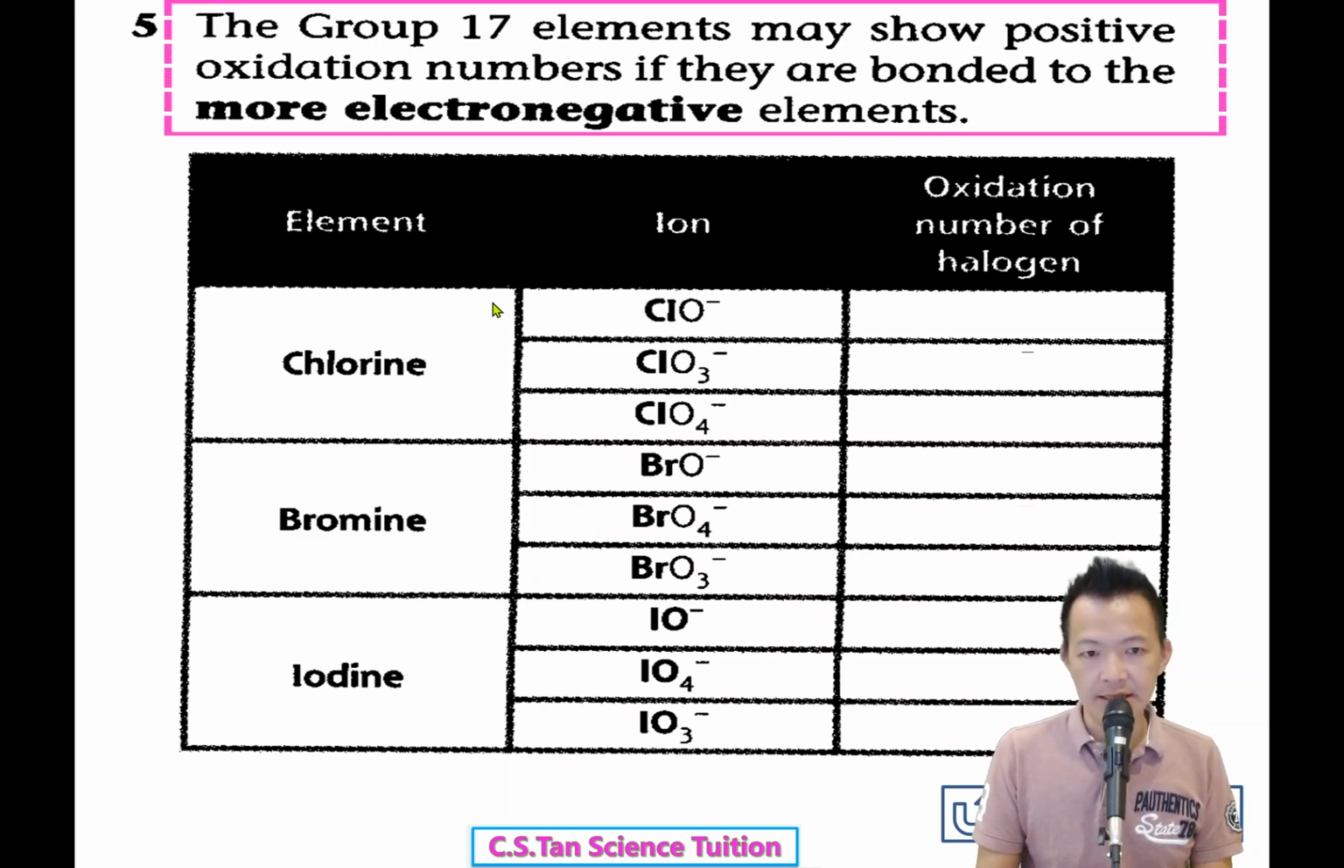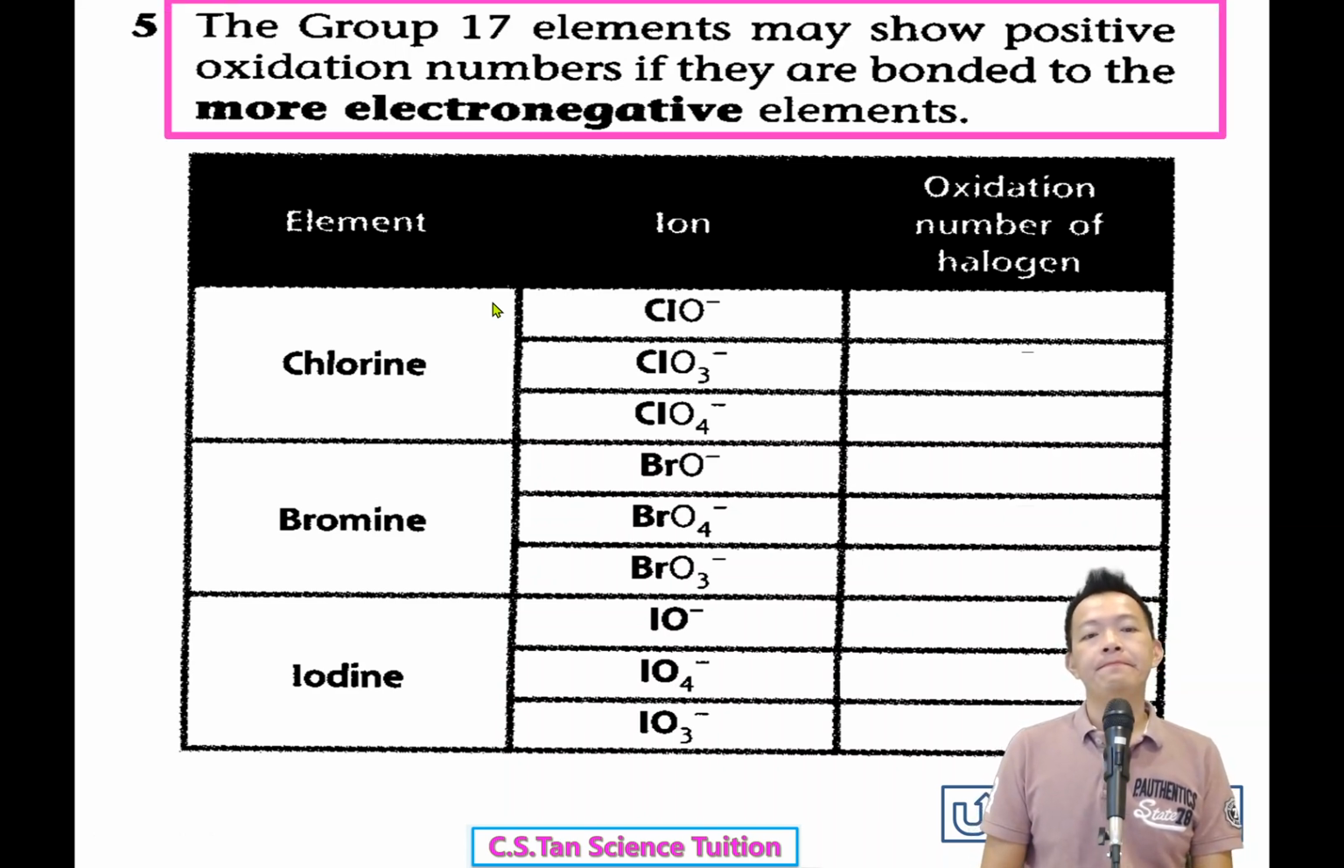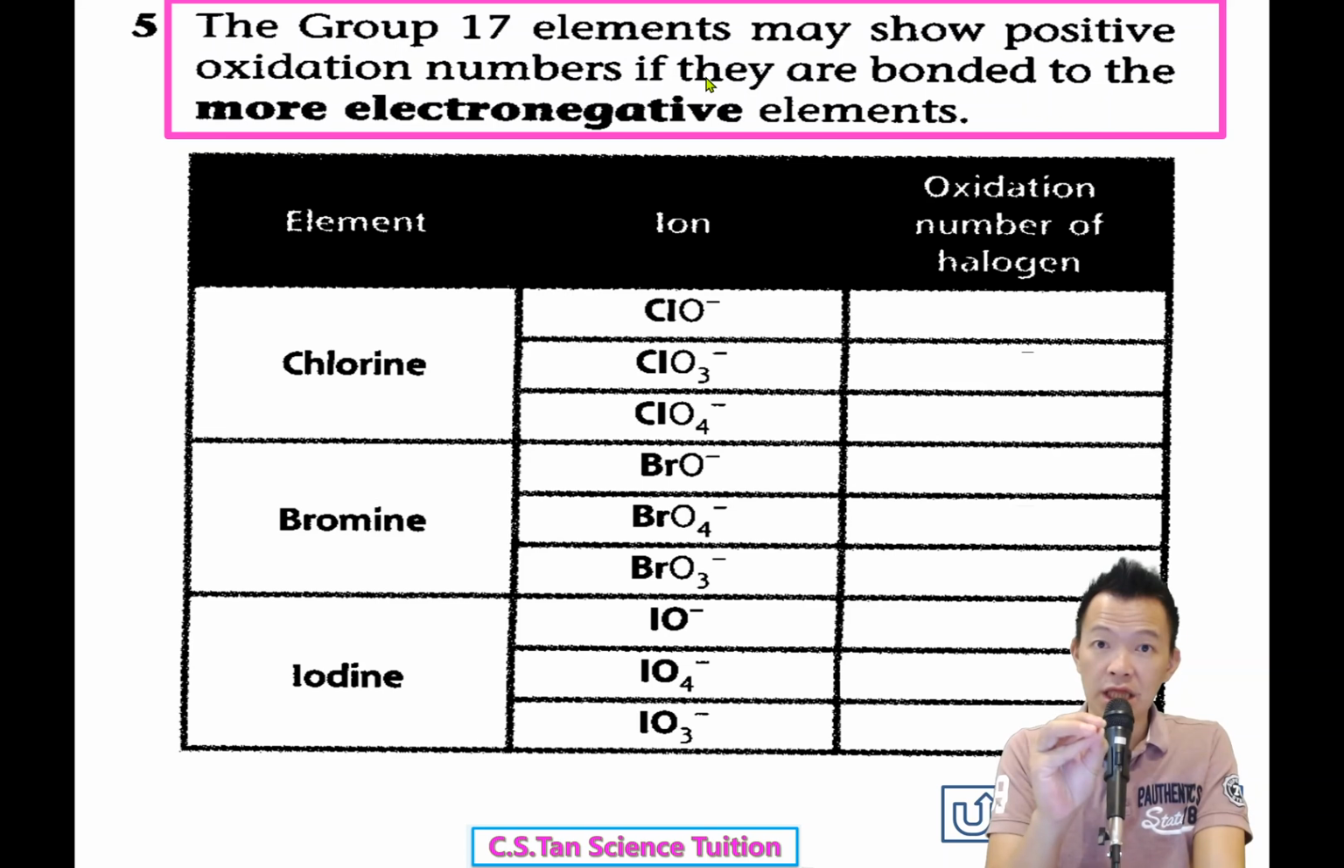Highlight first. Okay. Group 17 element may show the positive oxidation number when they are bonded to the more electronegative elements. So group 17 element, when they become ion, their ion will be 1 negative. The ion is always 1 negative. So the oxidation number should be negative 1. But remember from this sentence, look carefully. Group 17 element may show the positive